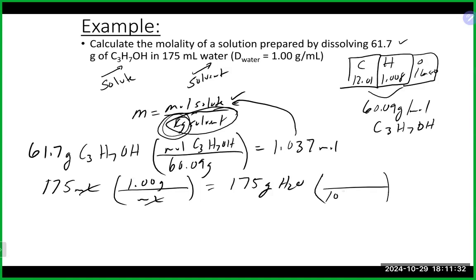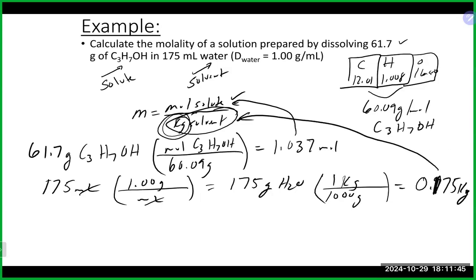That's 1,000 grams in a kilogram, and that will get us 0.175 kilograms in this case. And that obviously is the bottom of what we need. So lastly here, to get to our molality, we'll take our moles, divided by our kilograms of solvent, 0.175 kilograms. And we will end up with, looks like maybe